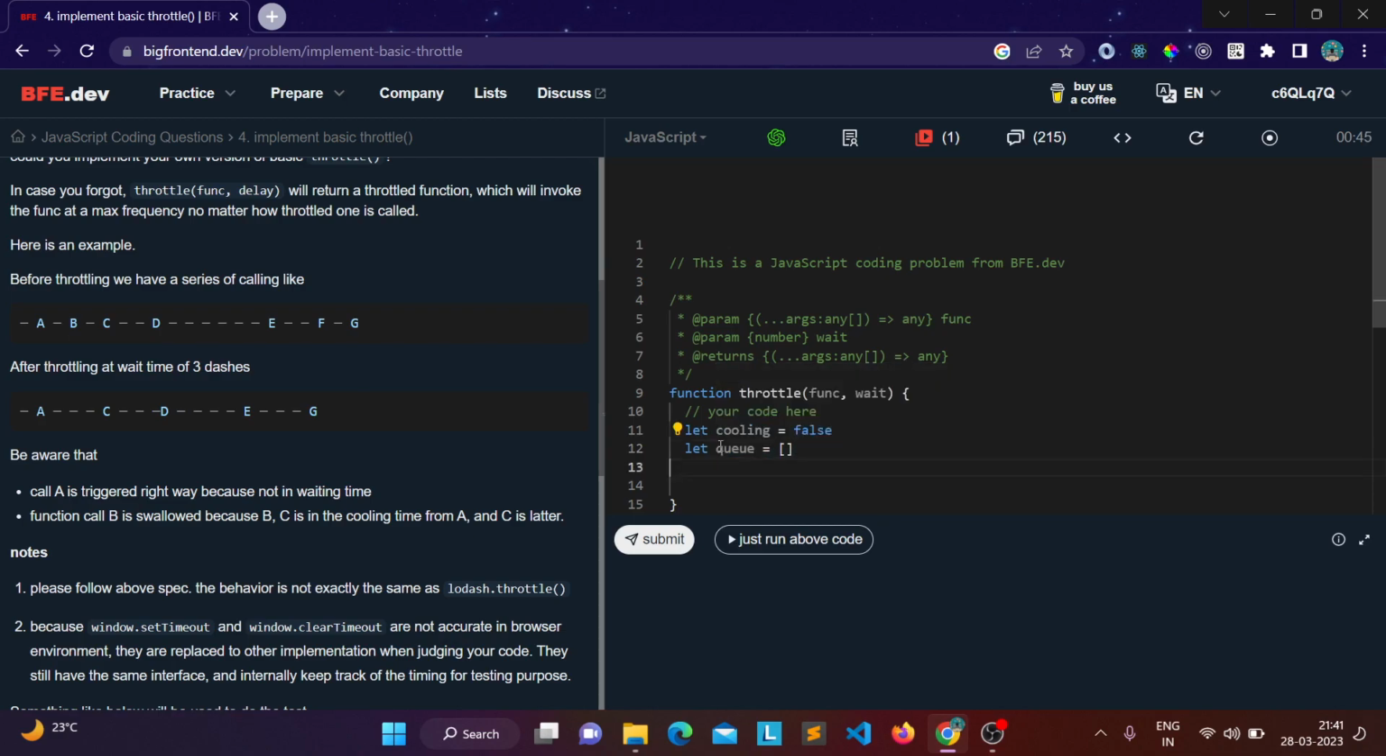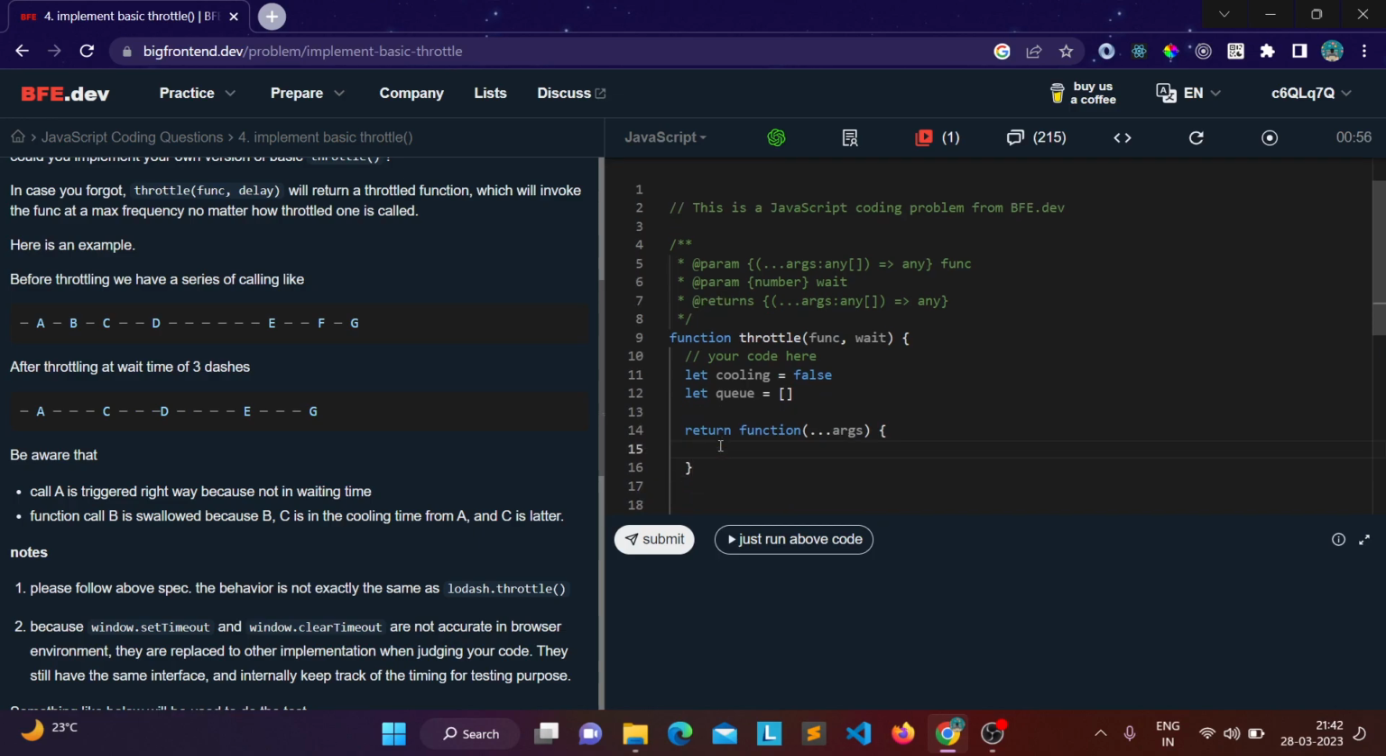Okay, so that's why we are keeping this queue. This will return us one wrapper function which will take some arguments. Initially, what we will check is whether we are in a cooling time or not. If we are not in a cooling time, that means we can directly execute the function, correct? Initially, as you can see, we are not in the cooling time, so that's why this was getting called